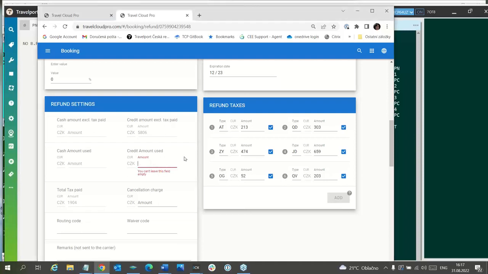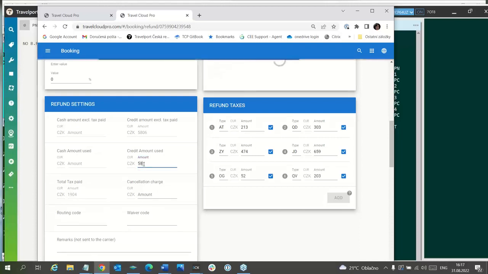When it is paid in cash, you have two possibilities. Either you can put zero here and the cancellation fee will be the fare or the equivalent here, because the fare is non-refundable. But when it is payment by credit card, and it is a non-refundable ticket, this amount must always be credit amount used.